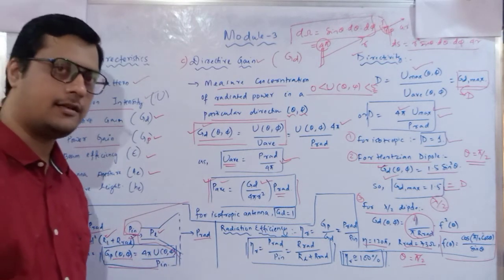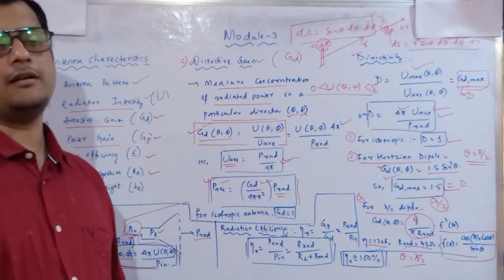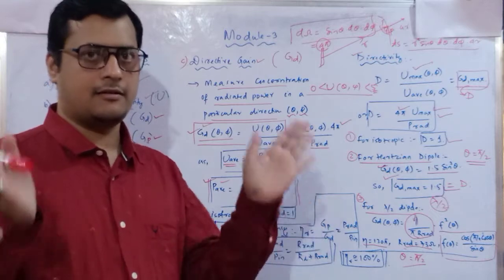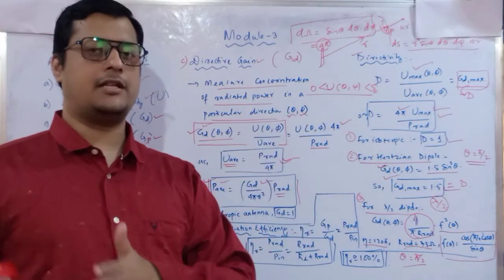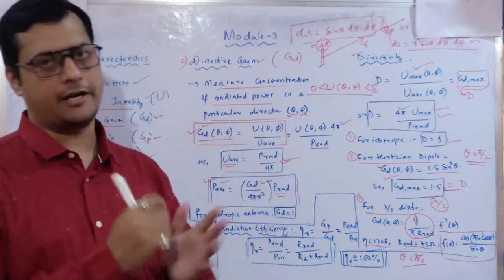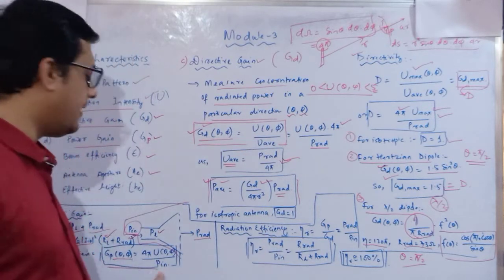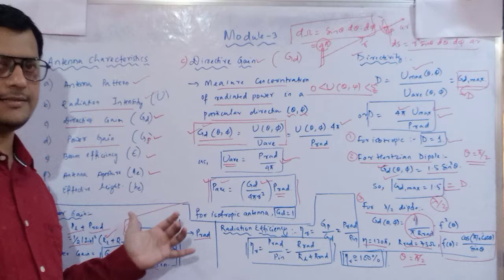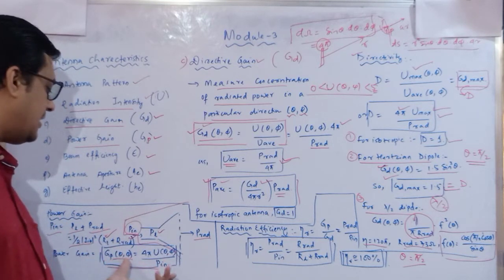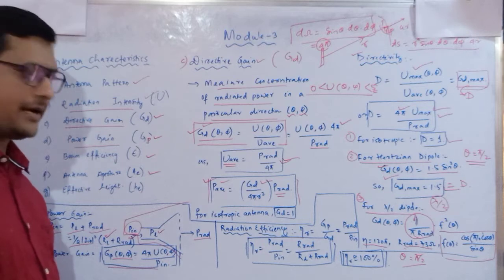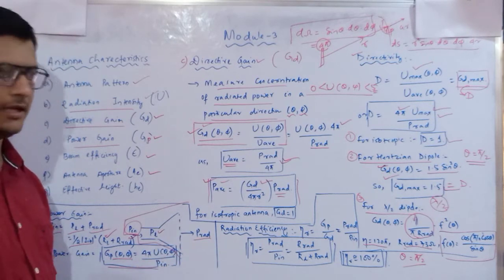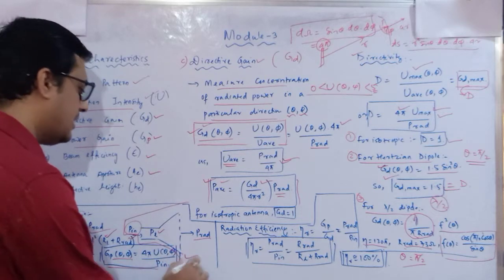Here I am not discussing the maximum intensity, only what the intensity is. Maximum value is there, minimum value is there, and in between whatever variation comes. So that is the measurement of intensity divided by the input power into 4 pi, the solid angle. So your power gain GP of theta comma phi is equal to 4 pi U of theta comma phi divided by P in. This is called our power gain.